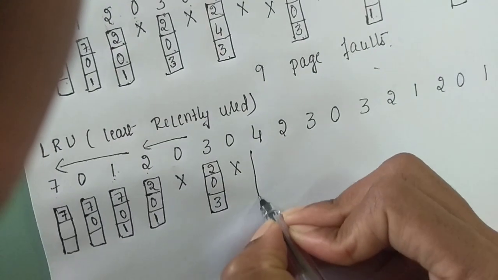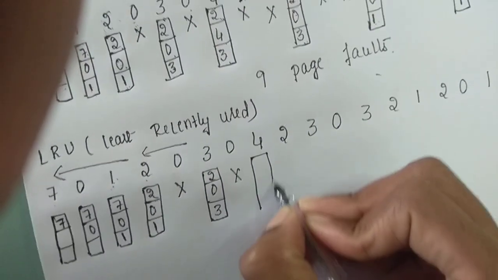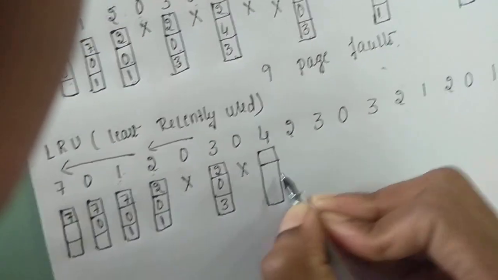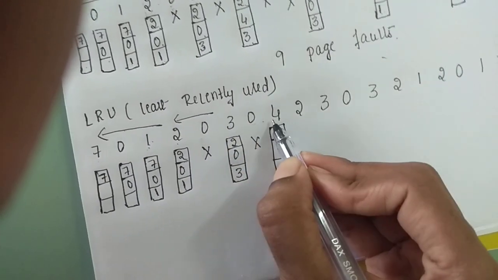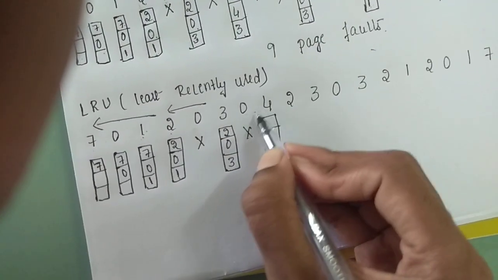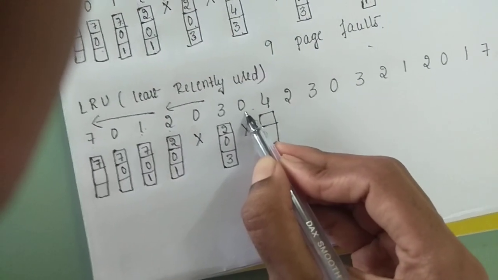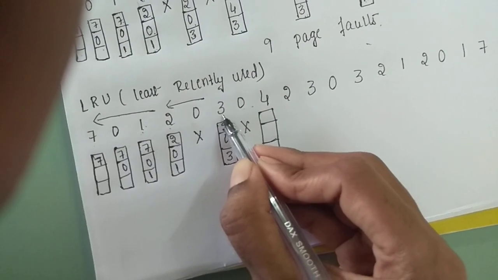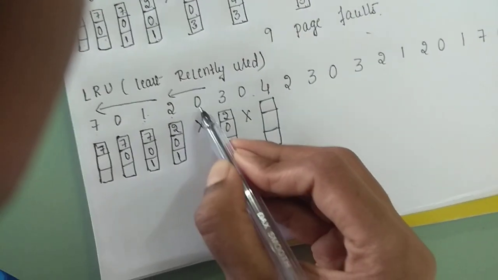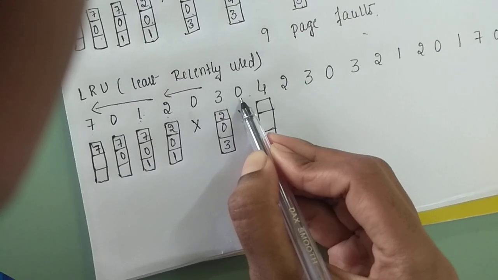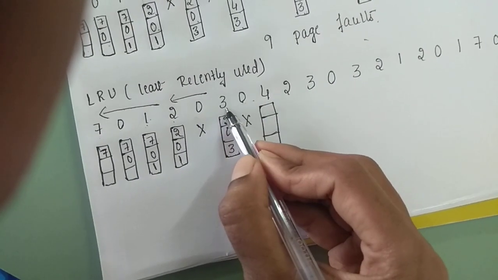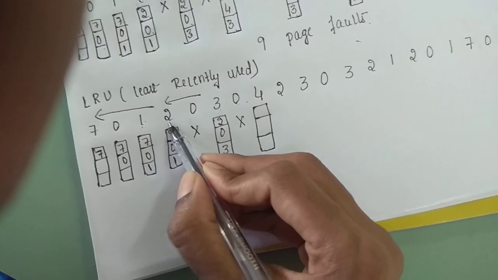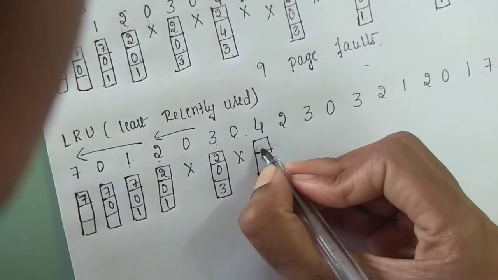The next element coming is 4. We need to replace; whom should I consider? Search from the left side, towards the left of 4. 0 is here itself, 3 is also there. 0 has a second occurrence, but you need to consider the first occurrence, which is already here. So 0, 3, and 2 in the last place. So I'm going to replace 2.